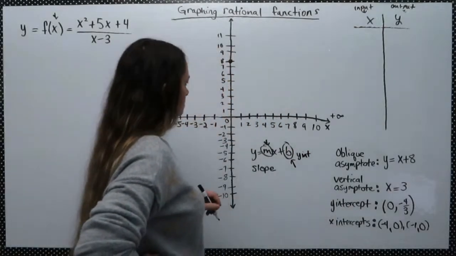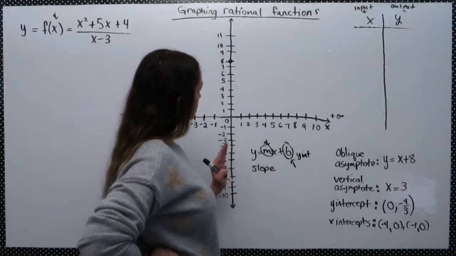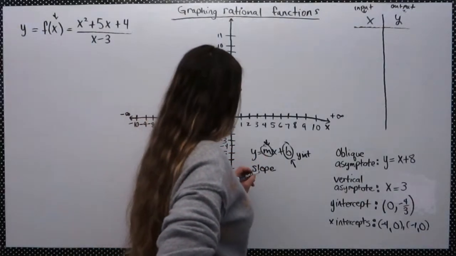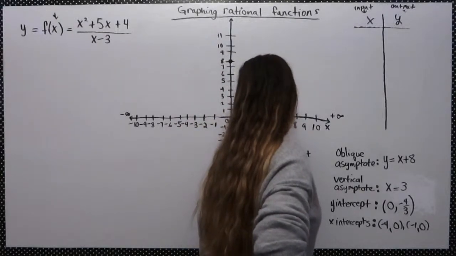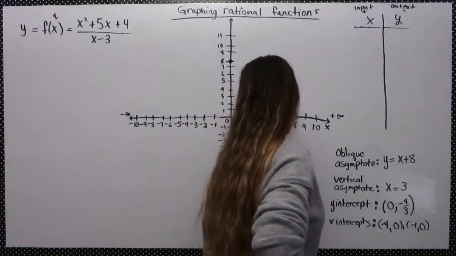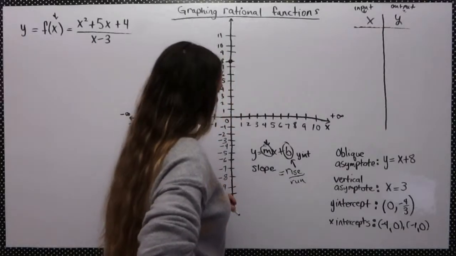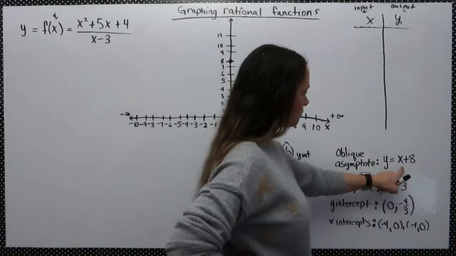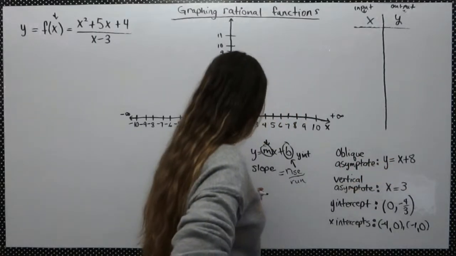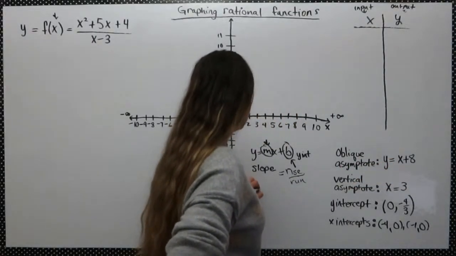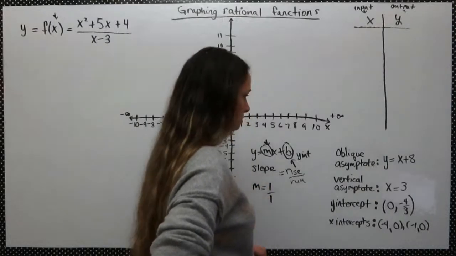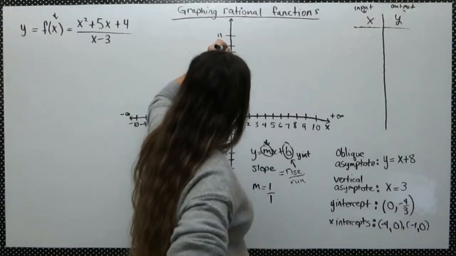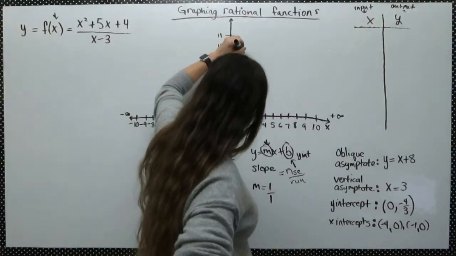So to graph a linear function, you locate the y-intercept, and then you perform the slope rule. And slope is rise over run, essentially. So you're looking at the coefficient and making a fraction out of it. So in this case, my coefficient of x is 1. So my slope, my m, is 1 over 1. So I'm going to locate my y-intercept at 8, and I'm rising 1 and running 1 to find my next